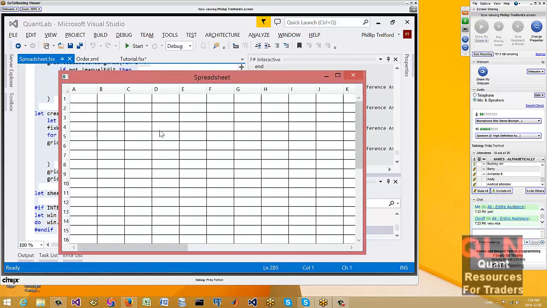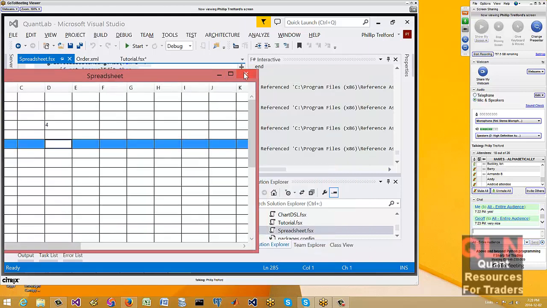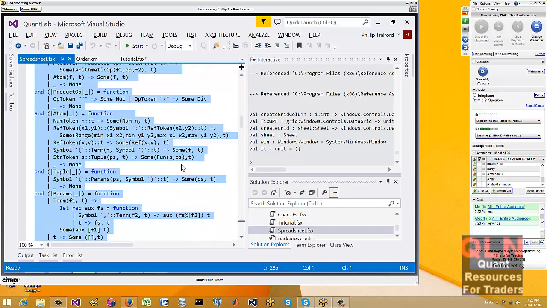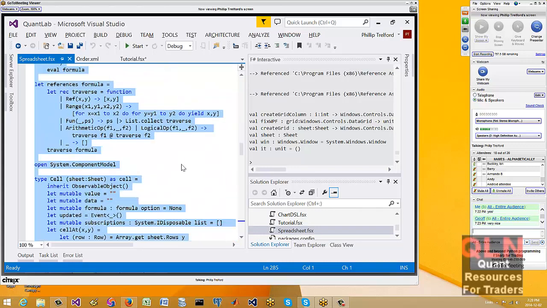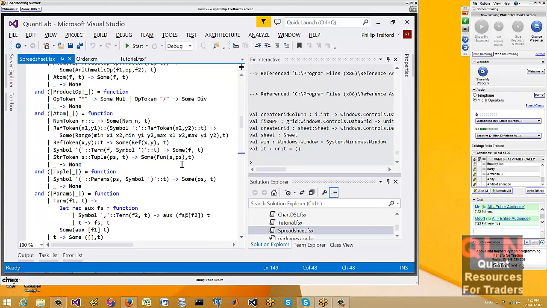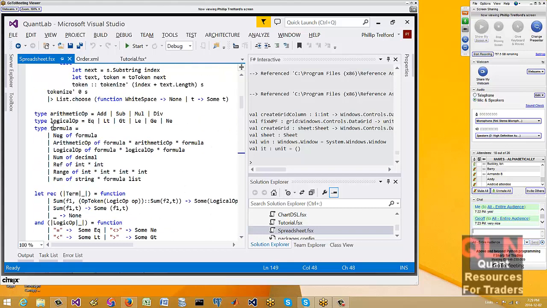And there's a spreadsheet, and we can do normal spreadsheet operations in here, which is good. So doing a spreadsheet app or a small app is incredibly easy. If we look at, finding something interesting, this is in effect the abstract syntax tree for Excel here, just in a few lines of code.